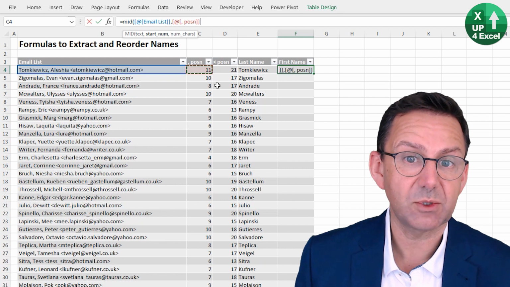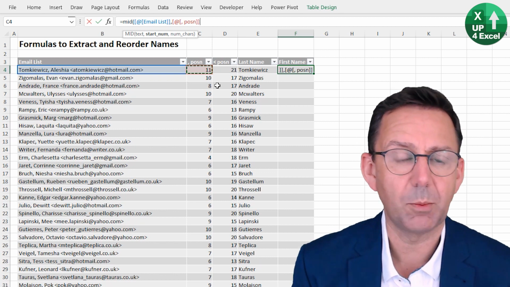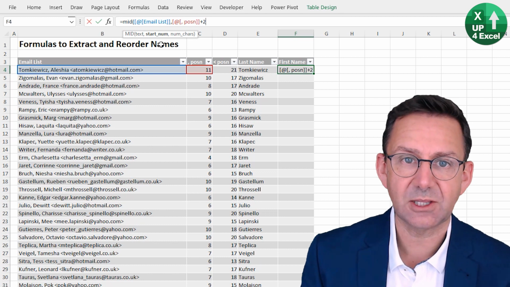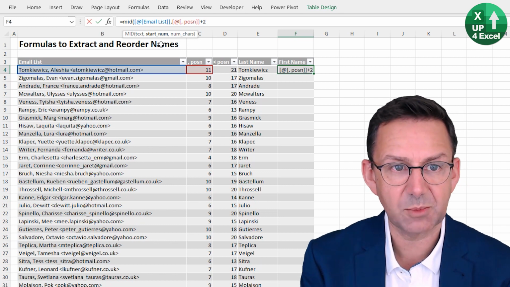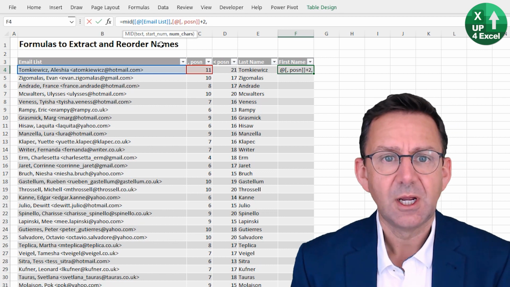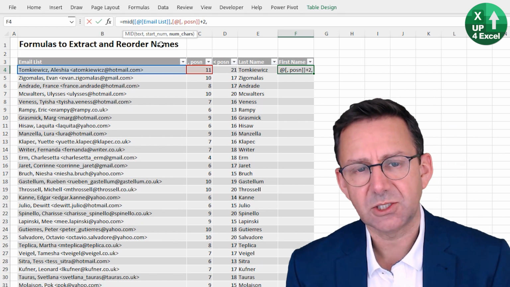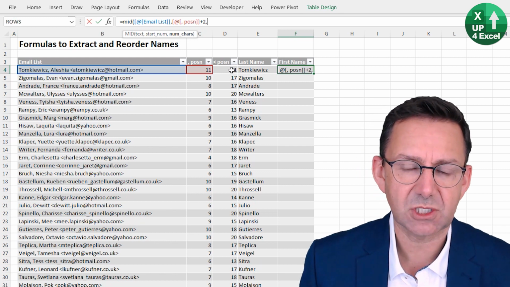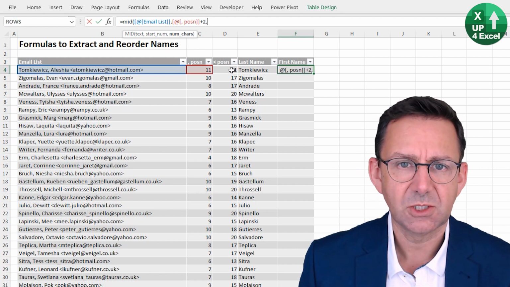The start number, well, if we start there at the comma, and then we add 2, because we've got the comma itself and then the space, we're going to start at the beginning of the first name, which is great, right? And then it says number of characters. Now, we know the position where the email address starts, it's that one. So we know that